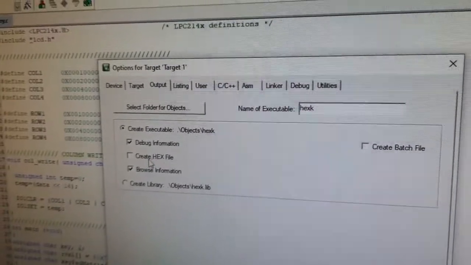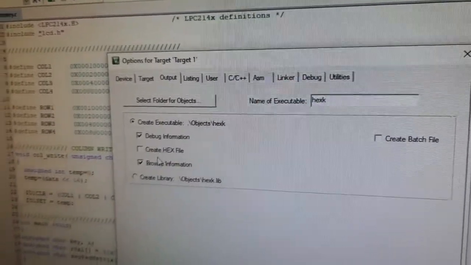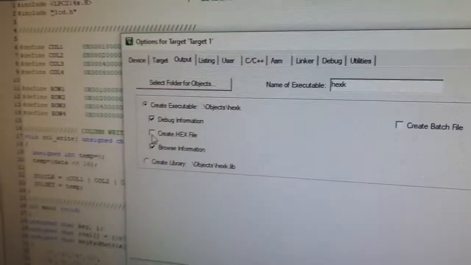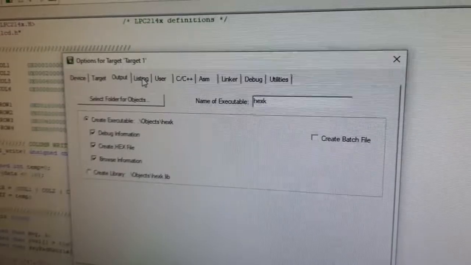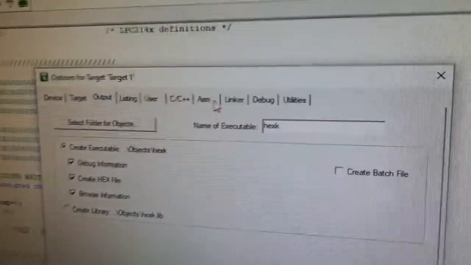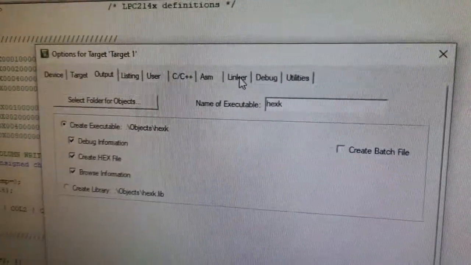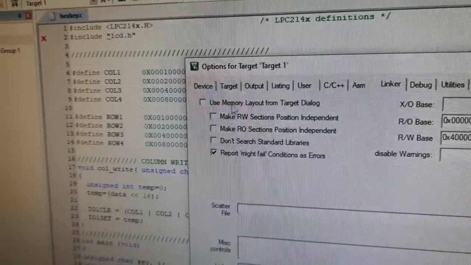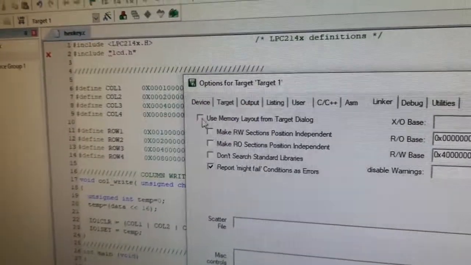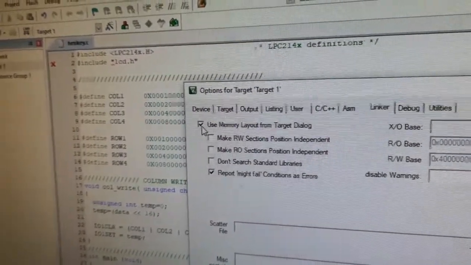So in order to get hex file, we have to create that. So click on create hex file. Then we have to go for another option, that is linker. Click on linker and click on use memory layout from target dialog. You have to click this one.